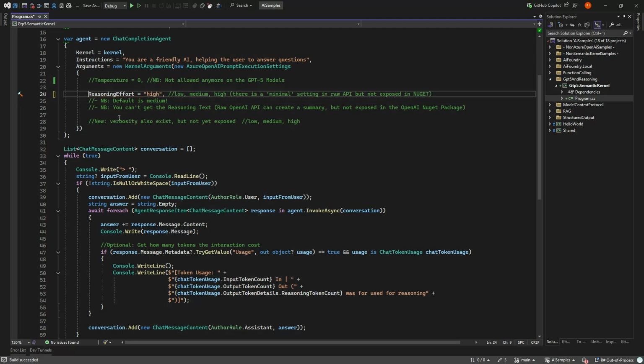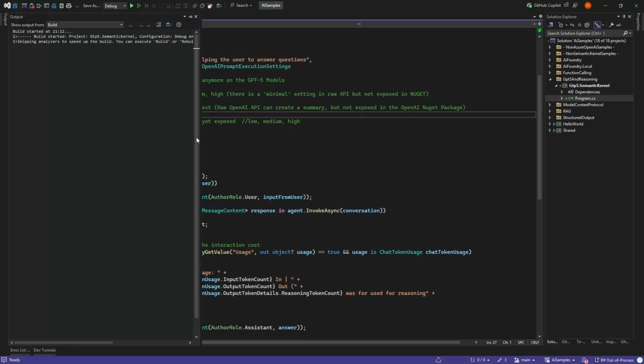So if you want to have the cheapest way of doing this, you need to actually go in and set this to low. And this is also the migration guideline that OpenAI have, that if you go from 4, you should go in and set it to low. They actually also have something called minimal in the raw API, but that's not exposed yet in the NuGet package. So the best we can do for now is set it to low. We can't set it to none or an empty string or anything, but if we set it to low and try